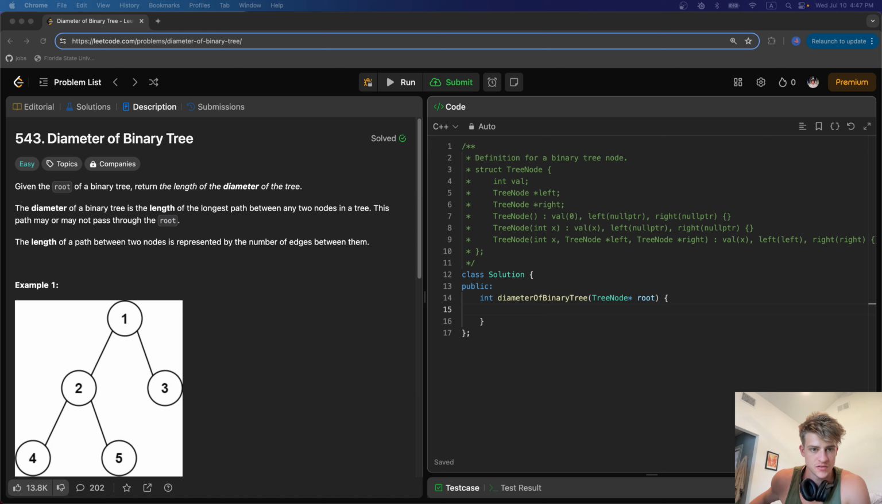What's going on, everybody? Today we're going to be doing another LeetCode problem. This one's called diameter of binary tree. So we're given the root of a binary tree. They want us to return the length of the diameter of the tree. And when they say diameter, they basically mean just the longest path between any two nodes in a tree, summing